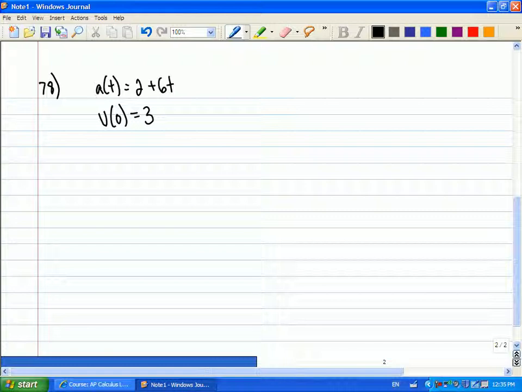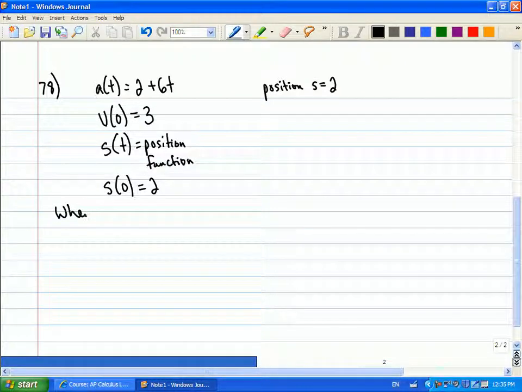And its position, s equals 2. So they're using a function, they said position s equals 2. So we're going to have an s of time as the position function. So s at 0 equals 2 according to what it says in this question. Then it says when time equals 1,